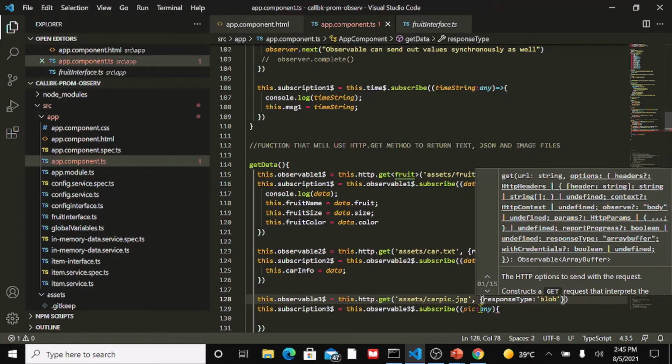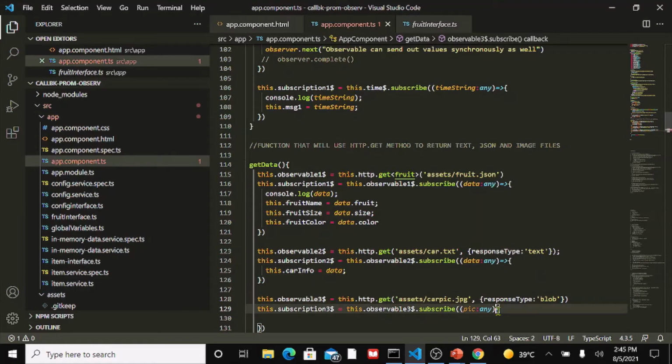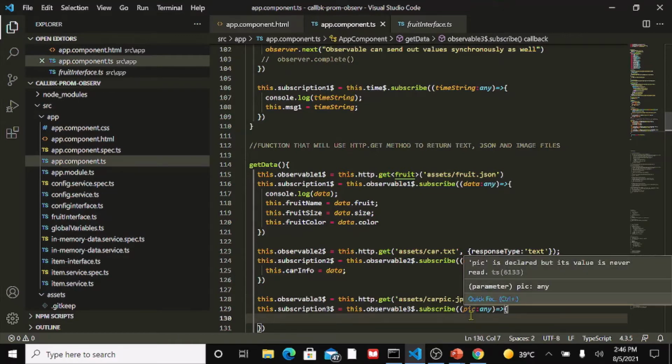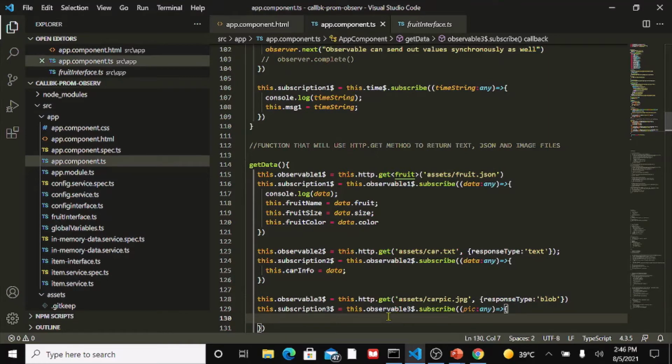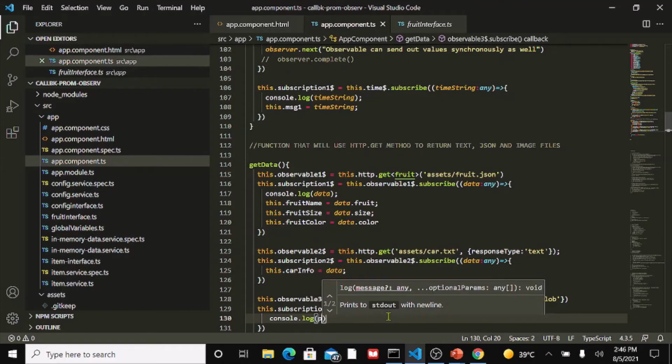And interestingly, with the blob type, you can return Microsoft Excel files as well. Okay, now why am I getting a squiggly here? Because I've forgotten the arrow. Right, so now what do we want to do with that data that is returned? We'll just say console.log pic,